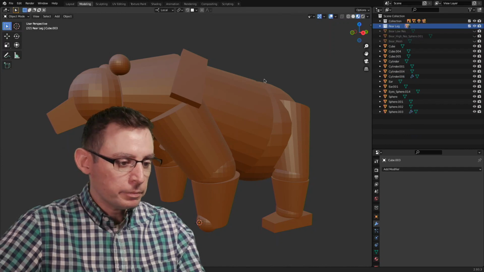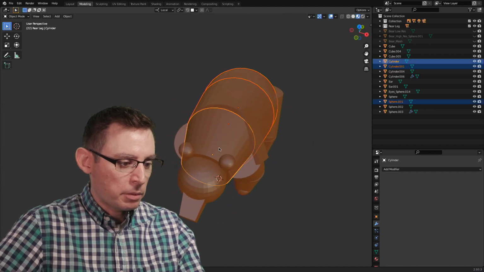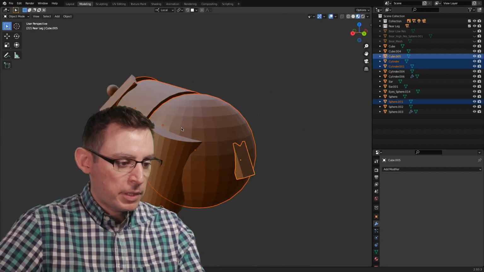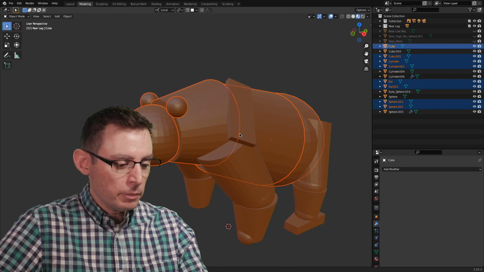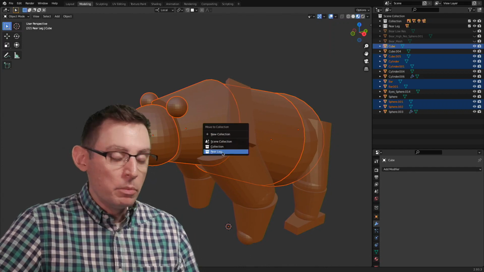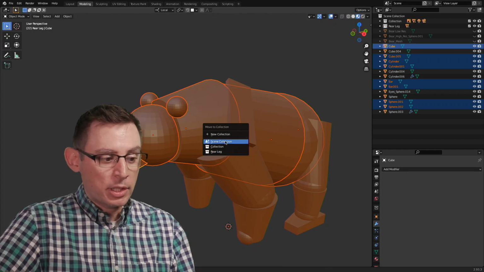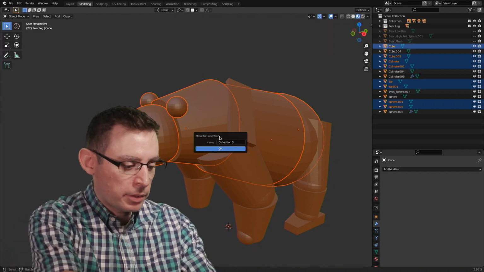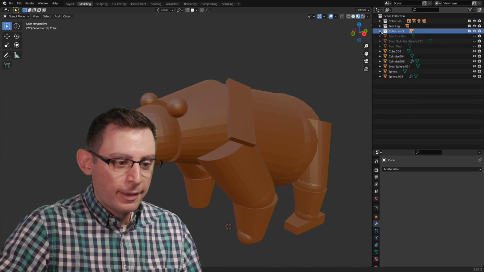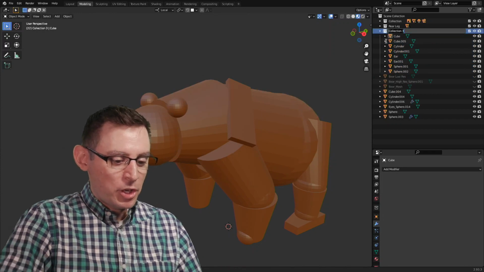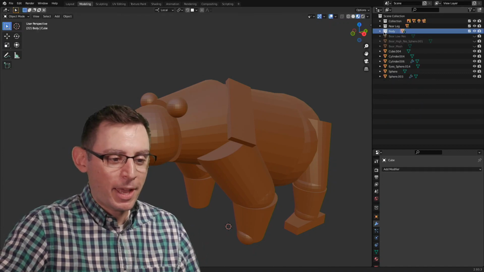Let's do it one more time. I think I'm going to grab all of these parts and pieces that make up the central mass of my, can't forget the tail, of my bear. So one more time, hit the M key on our keyboard, and of course we could move these objects to the rear leg collection or the default, which is just collection and scene collection, or we can make a new one. Let's just call this body. And I accidentally hit the return key before I was able to change the name. So let me just do it in the outliner. Body, there we go. So you can make changes to the collection names after the fact as well.